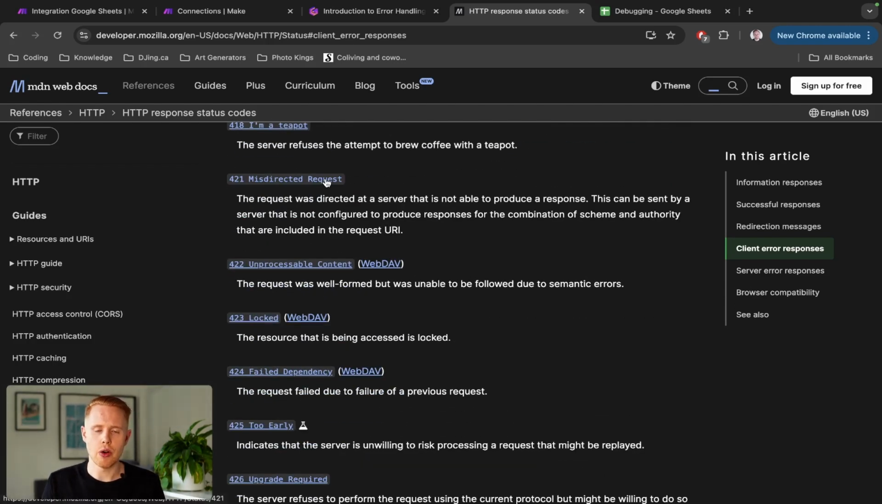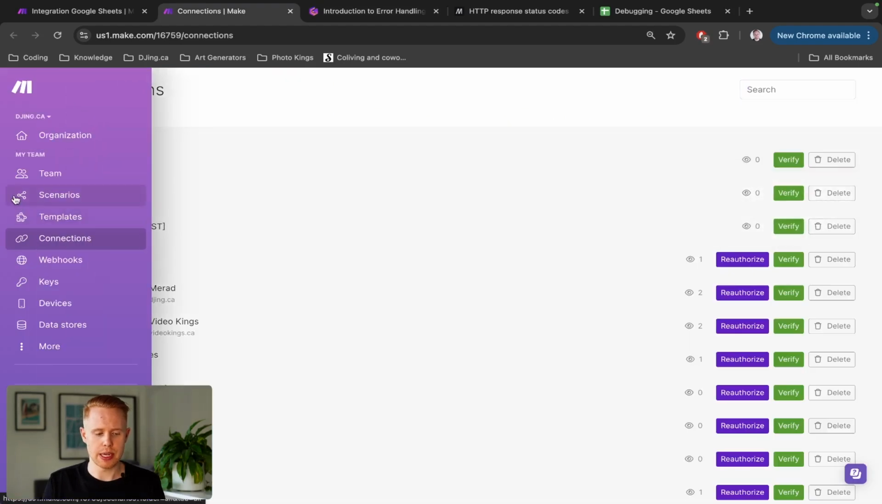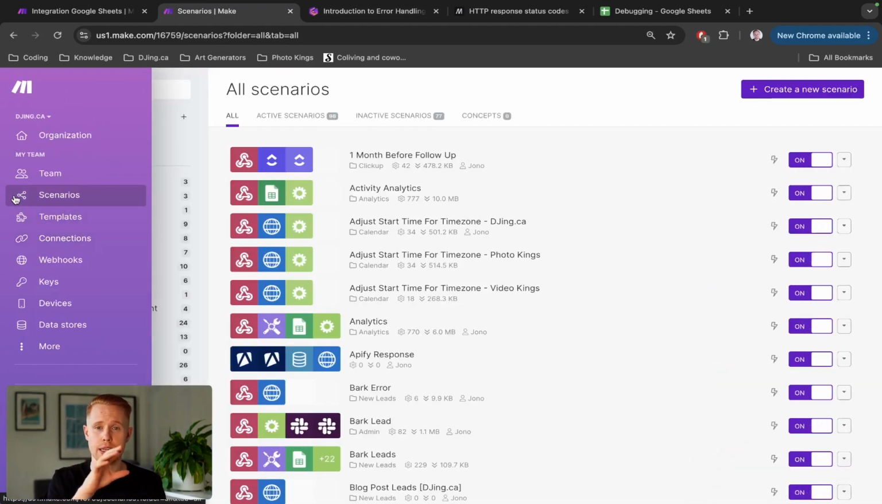So there's all of these different error codes, and that hopefully gives you a bit of insight as to what these status codes mean. They're not all bad. Some of them are good, like the status 200 code is good. And effectively, we need to solve these, right? So the first thing that we can do is come over to make.com and take a look and see, before we figure out how to solve them, how we can figure out